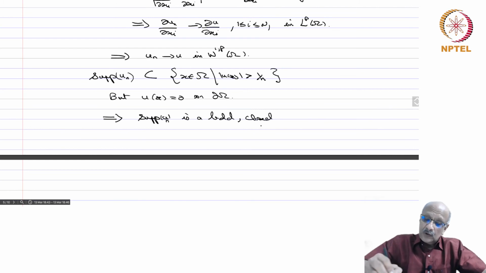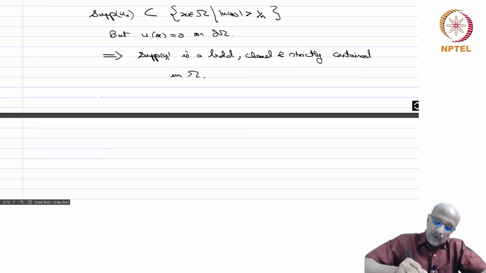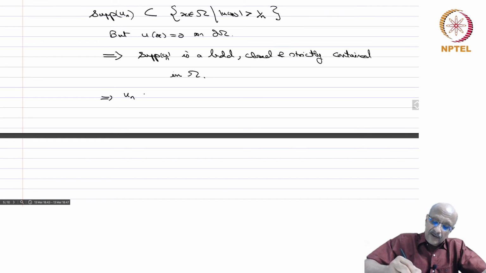It is closed, we know. It is bounded because support of u is bounded, that is where we are using this hypothesis, and strictly contained in omega because of the distance which it has, and consequently you have that un vanishes outside a compact set